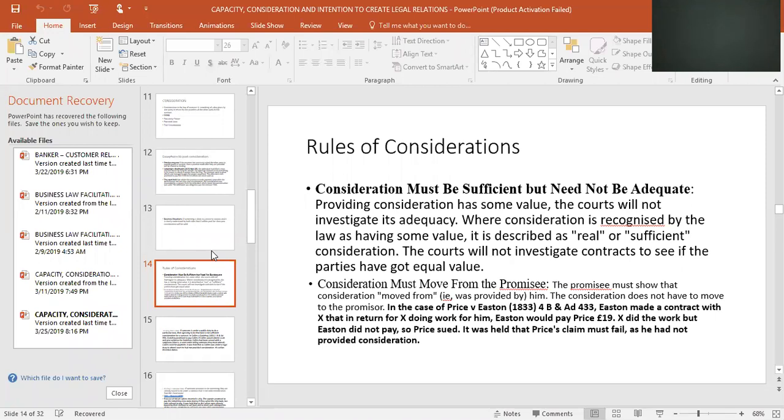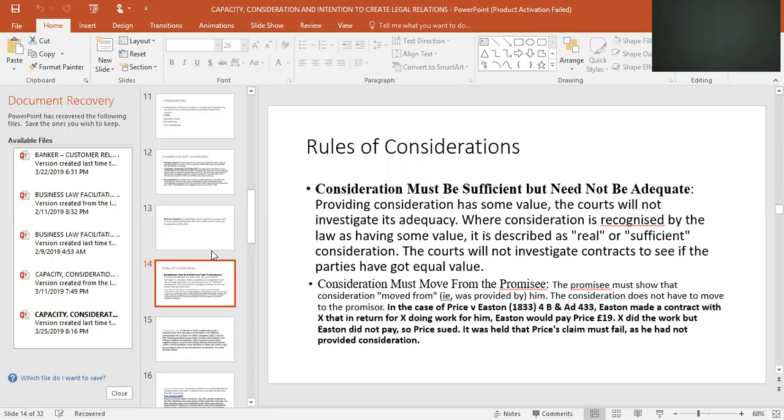I was saying that the first rule says that consideration must be sufficient. It need not be adequate, meaning that so far as the two parties have agreed, for instance, I told Yvonne to wash my car for me. So Yvonne washing my car for me is a good consideration. You cannot say later on, if Yvonne washes my car, that I cannot come and tell Yvonne that, oh, by washing my car alone is nothing. Pouring water alone on the car is nothing. Why should I pay you? Because car washing is nothing.